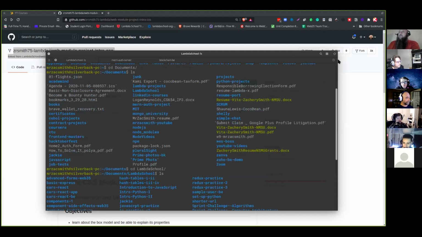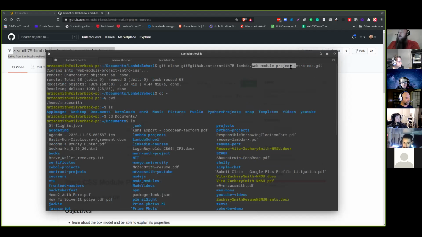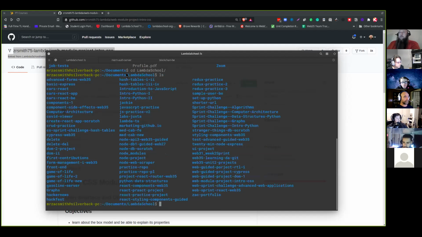So now, this was my project, web modules, right? When I do my ls, I do have web module right here. And so now I want to cd into that. Now, there are shortcuts available to you, and it's important that you get used to using the tab autocomplete system, because it'll save you time in actually